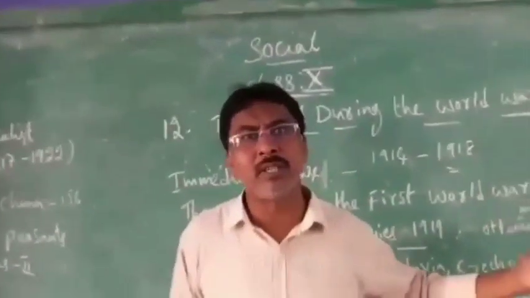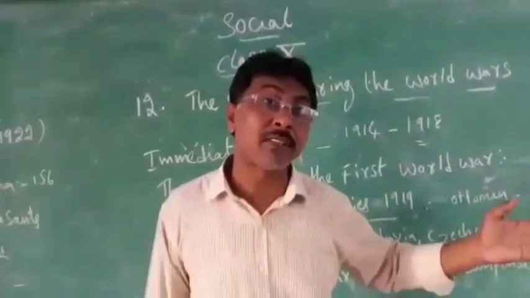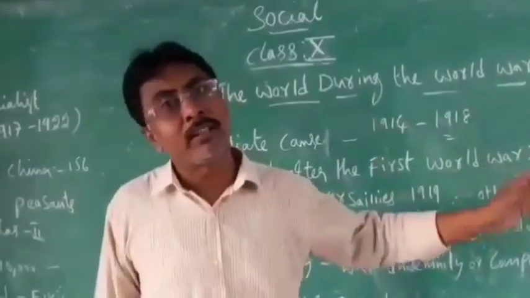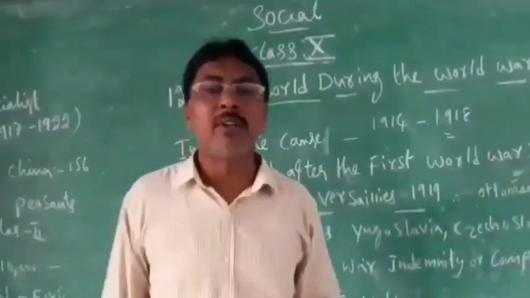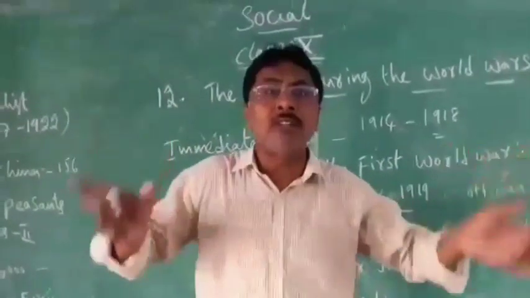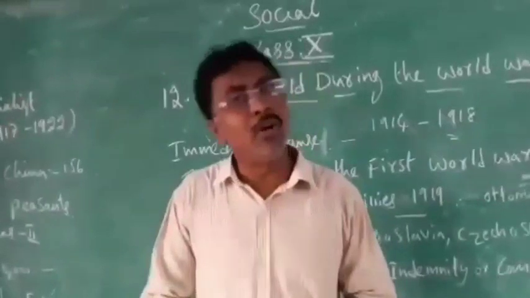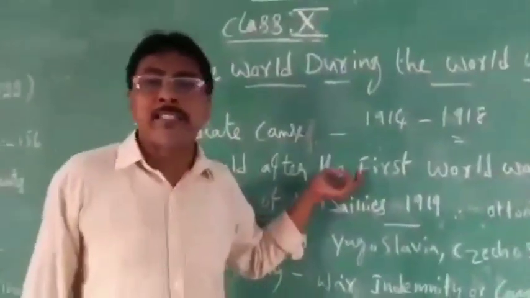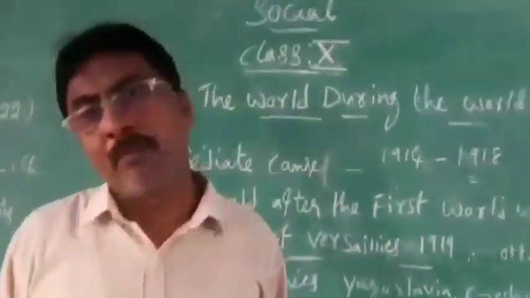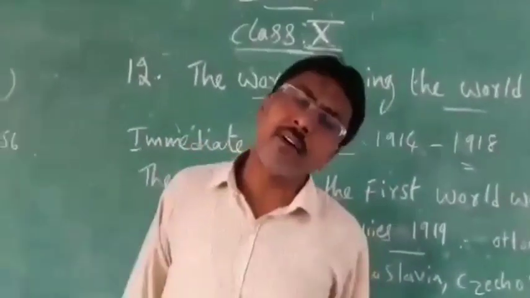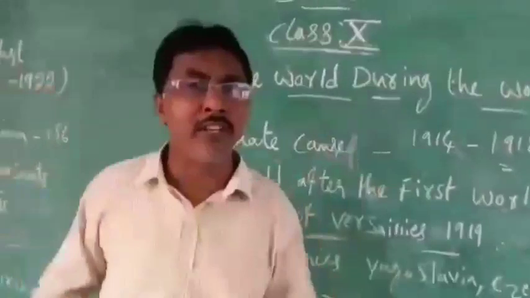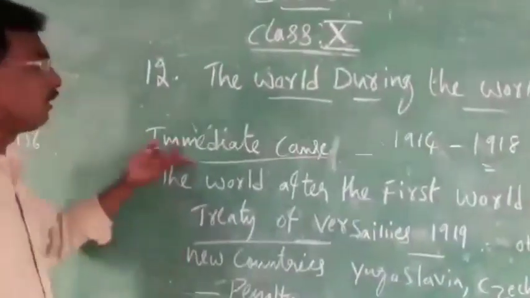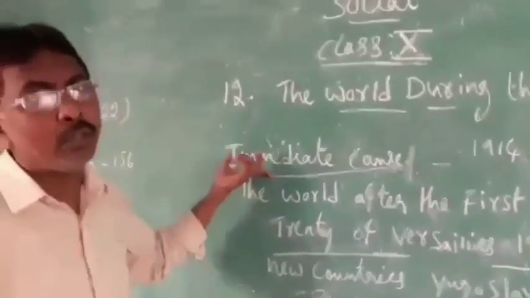And I told you in the previous class, allied powers. Allied powers are England, France, Russia, USA. Russia went out, so USA joined. But in this what happened? Allied powers got a victory. In the World War, Allied powers got a victory and Axis powers were defeated. Means Germany, Italy, Hungary, Austria were defeated. That is the reason. And the immediate cause I told you now. And who got victory?